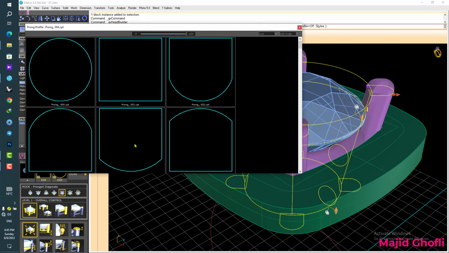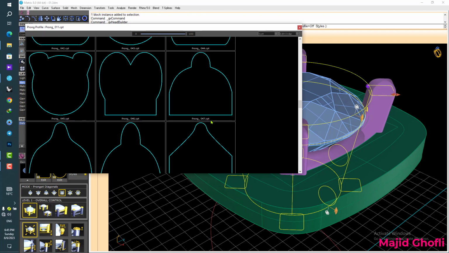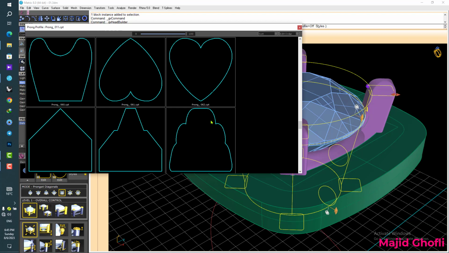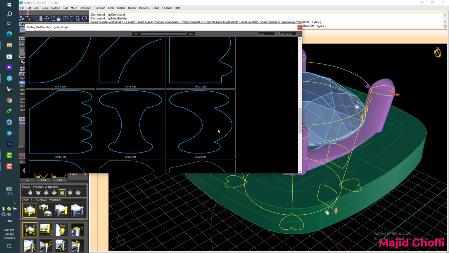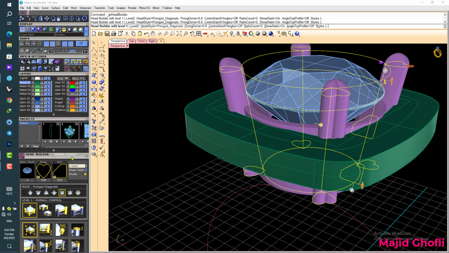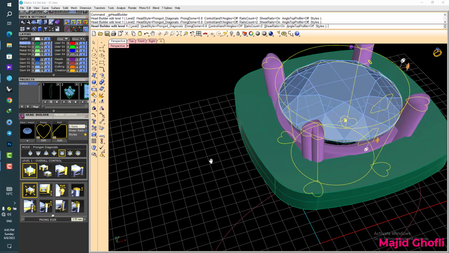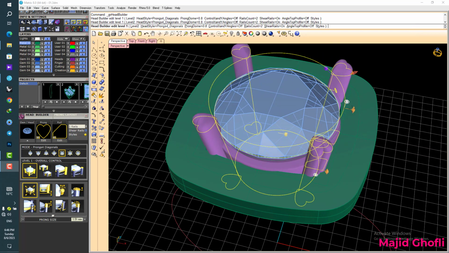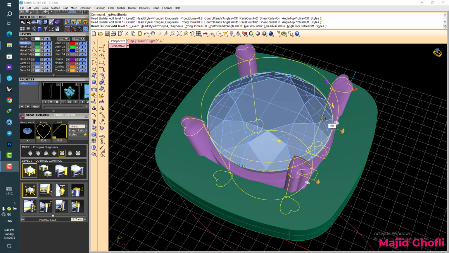Now we need yes, choose a prong or choose a head for this diamond, and I think yes, this is really good heart. Yes, I love it. So again, for head I think it's really good. Okay, now the base, go to the measure and use the best measure for this big diamond. Okay,